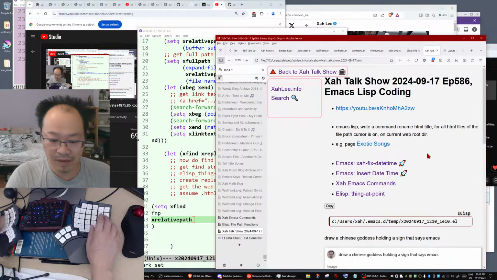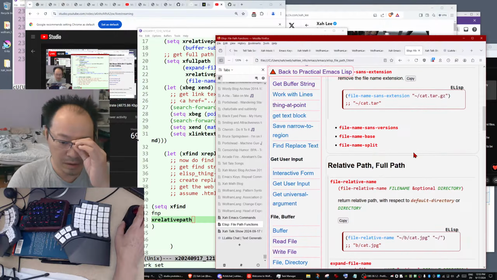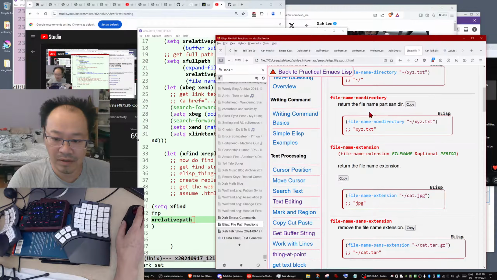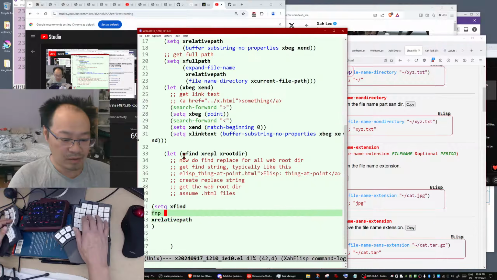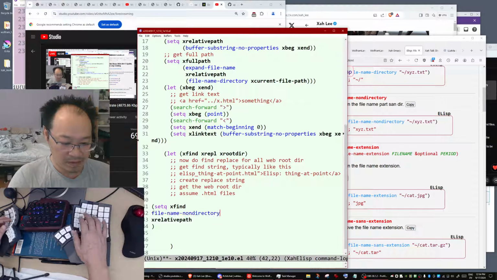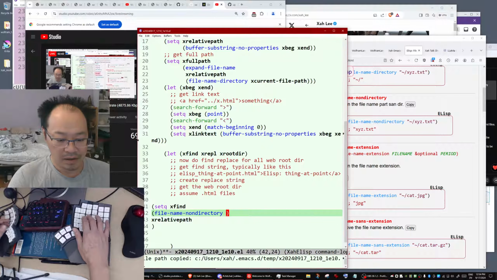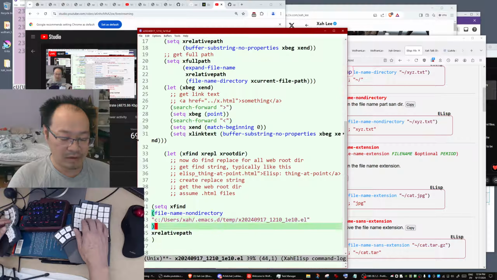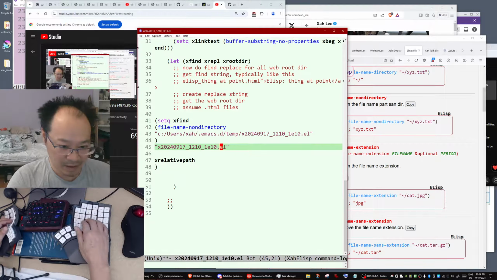So let's go back to my reference for file path functions. You need the file name non-directory. For example, if you run it, you just get the file name part. That's what you want.